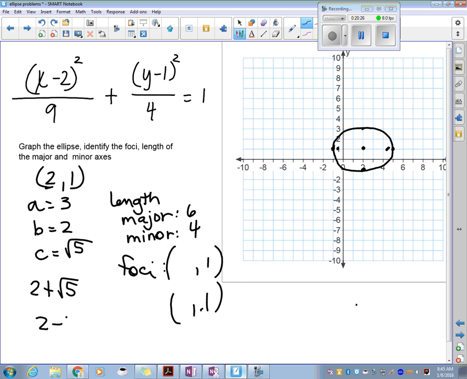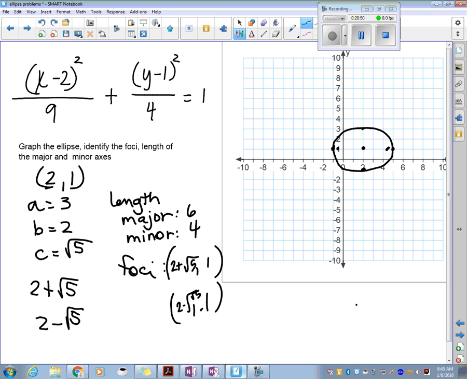You see how I did that? That's for these points right here because it's the square root of 5 from the center and the square root of 5 from the center. Okay? And it's fine just to write these just like this. It's 2 plus the square root of 5 and 2 minus the square root of 5. Now, if you want to give a decimal,